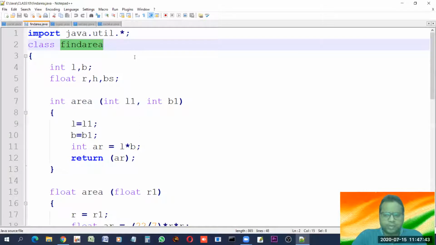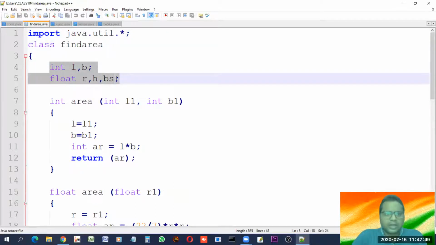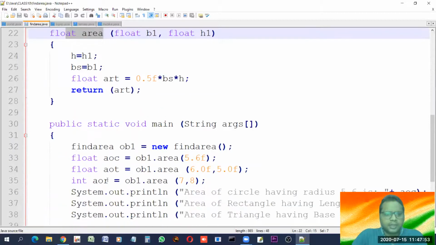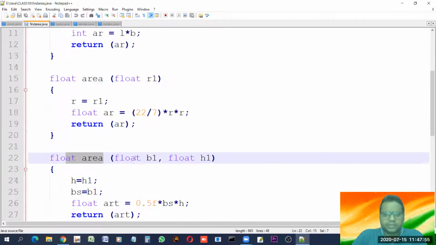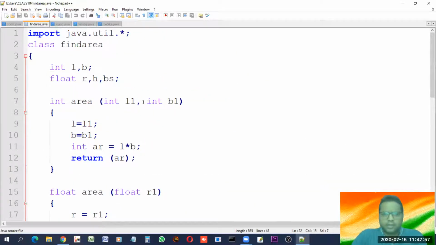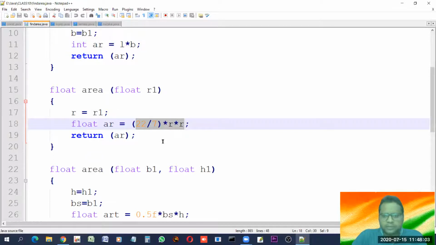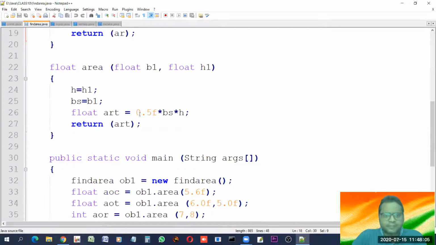Of course, this is a program to find the area of some object. Now, as per the encapsulation rule, we have data and functions encapsulated in a class. No problem. They are working. They are just finding the area. If you see the code, then you can find L into B is the area of a rectangle, pi r square is the area of a circle, half into base into height is the area of a triangle.